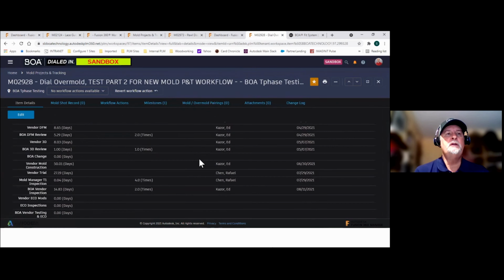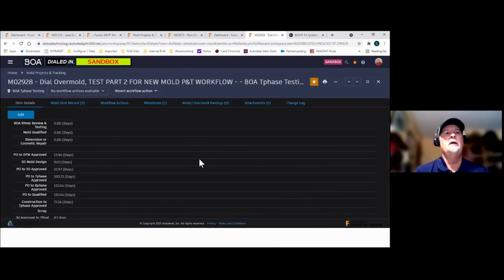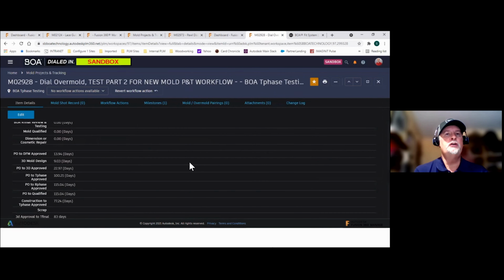And using this information we're finding out that some states are taking longer than they should, some are faster. We can determine if an engineer is on vacation and hasn't approved a mold for 5 days when he should have. These last few rows here that you see are summations. They are accumulating overall time in multiple states. This particular mold you can see is currently at what we call a T-phase testing state, and from PO release, it has taken 115 days so far to get there.